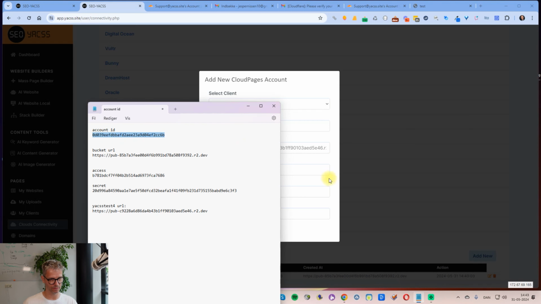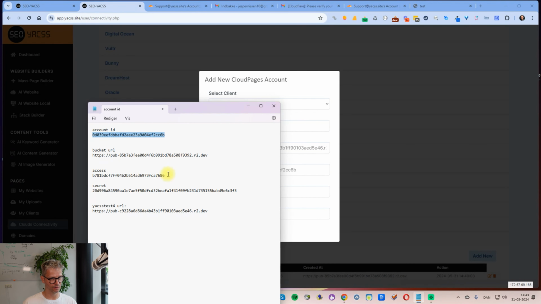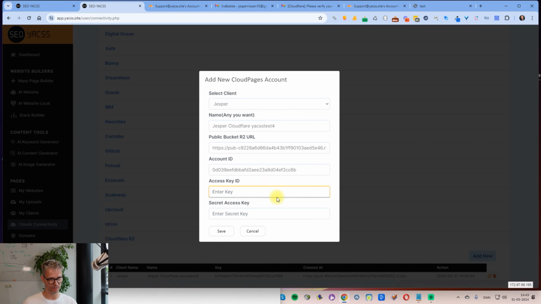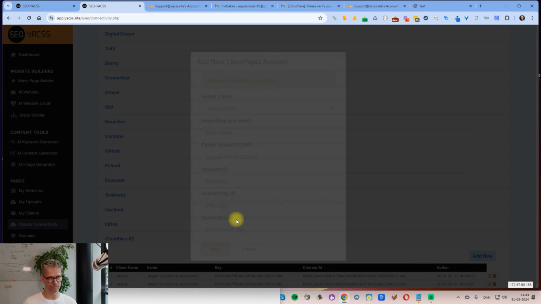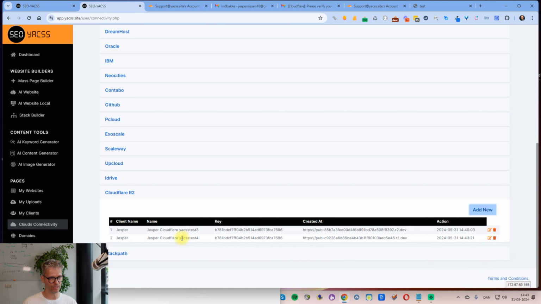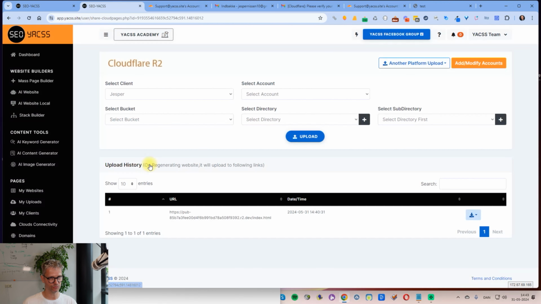That's the account ID. That's the access key, and that's the secret key. Good. Save. Alright, so now I have this bucket and I have this bucket. So I go to my websites and I will try to re-upload this test website to Cloudflare. yacsss4, and then I'll need to select also yacsss4 and upload,